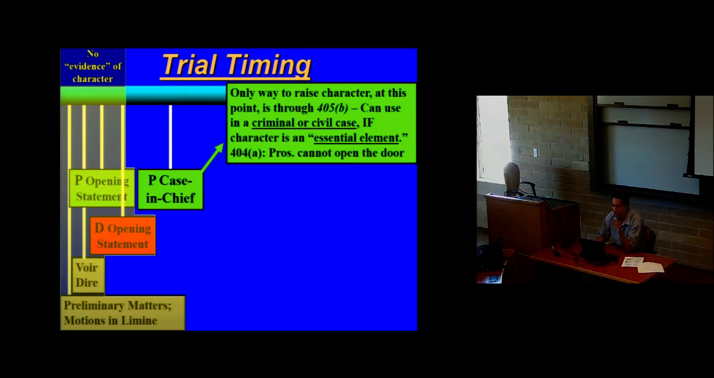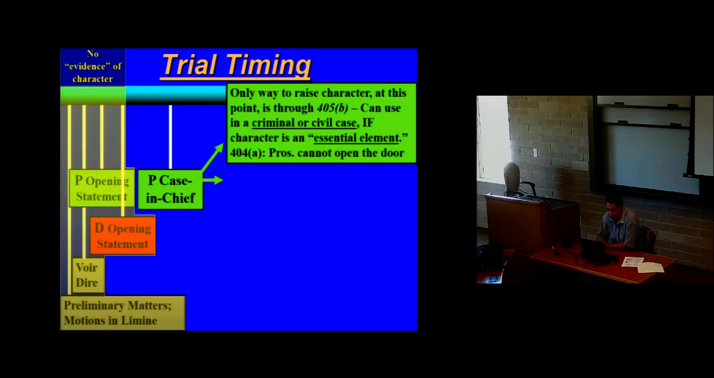Criminal or civil case, if character is an essential element, then the prosecution can bring it up. Otherwise, the prosecution cannot open the door. If character is not an essential element, and most of the time it is not, the prosecution cannot use it. A plaintiff cannot use it, and a defendant can't even open the door in a civil case. Now, there are minority jurisdictions which hold that if the underlying action in a civil case is criminal in nature, then you can use